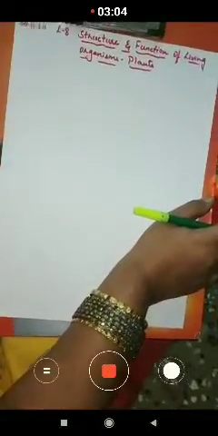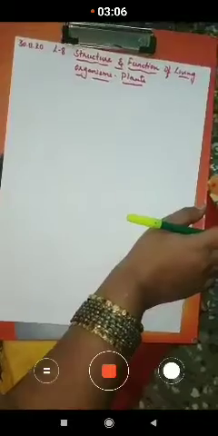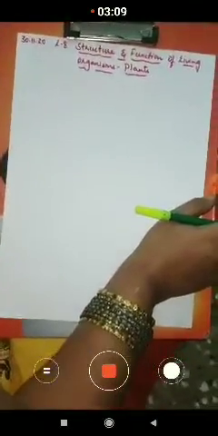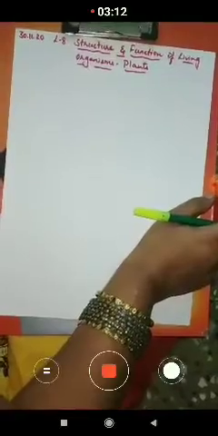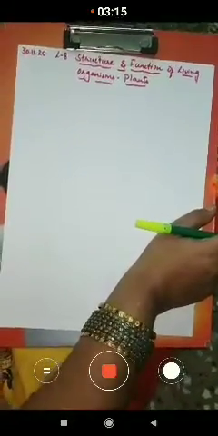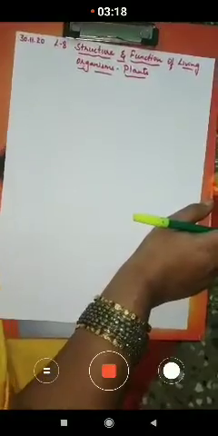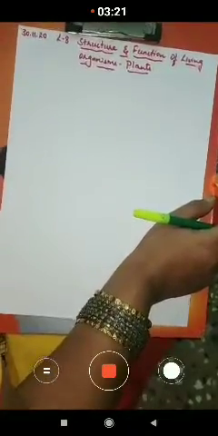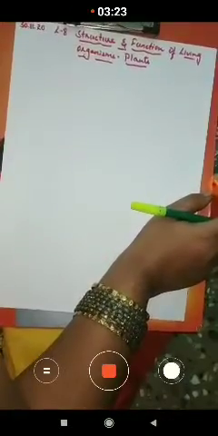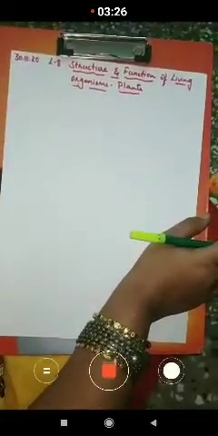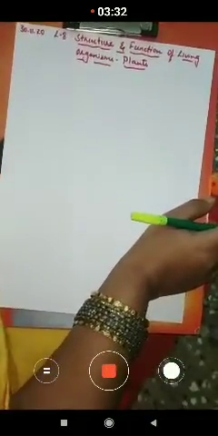Okay. So after learning the structure of the flower, we learnt the functions of the flower also. Now we'll move on to our next topic. As we know, the flower changes into a fruit. When pollination takes place in the flower, fertilization takes place, that is the fusion of the male pollen grains and the female ovule.